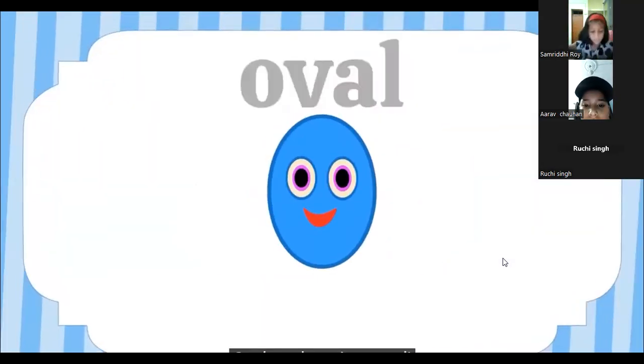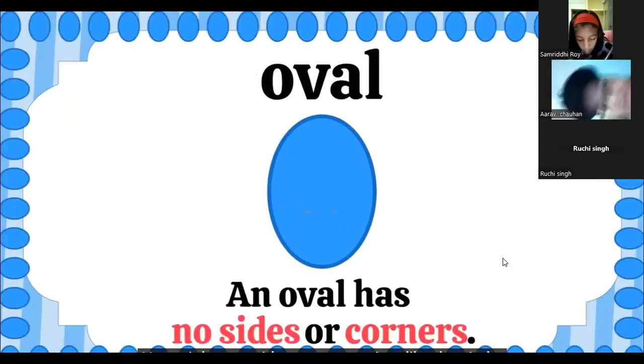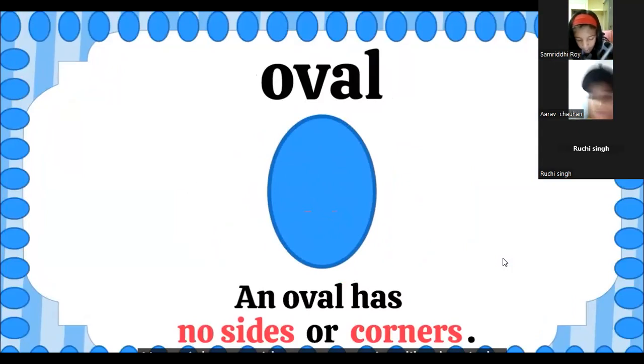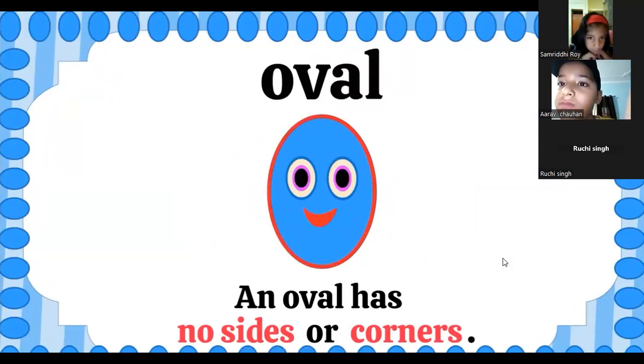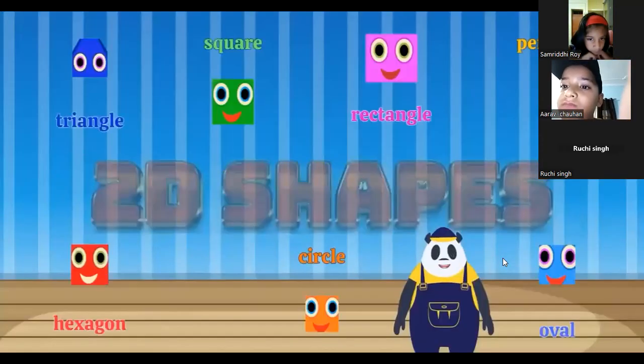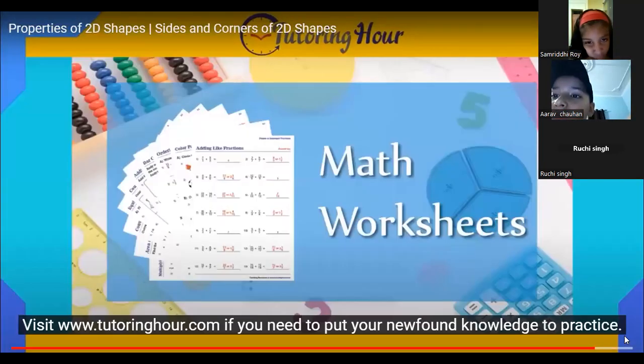Our last shape is an oval. It has no sides or corners, just like the circle. It has a rounded and slightly elongated outline. That's all from us for now. Visit